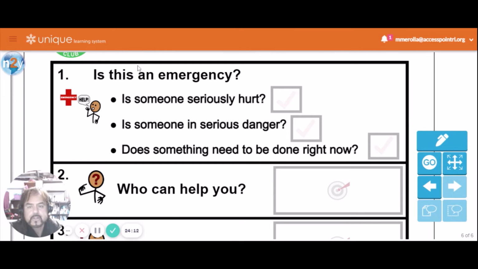Okay, is this an emergency? Is someone seriously hurt? No. Your feelings might be hurt, but no one is seriously injured. Is someone in serious danger? No, not really. Does something need to be done right now?